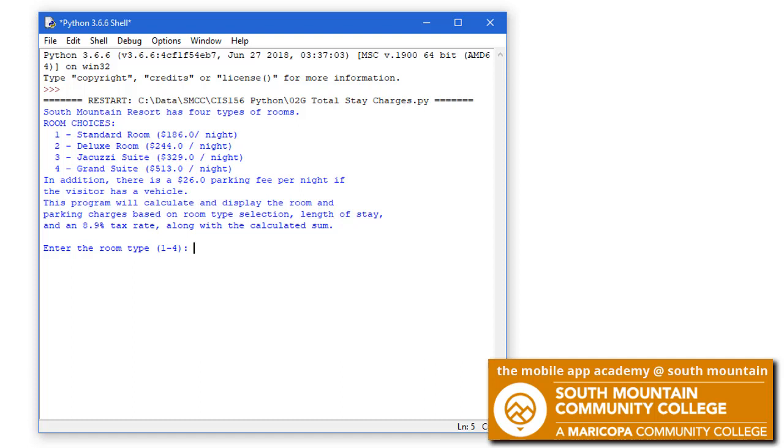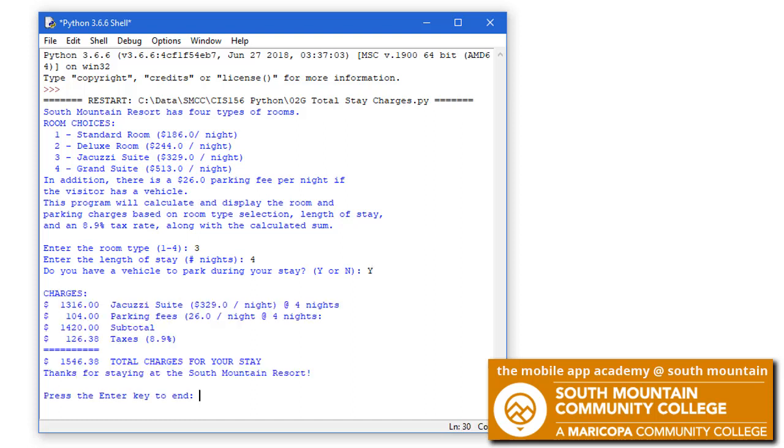We ask them then to enter the room type, and I'm going to choose 3, the jacuzzi suite. Press the enter key, and now I'm asked to enter the length of the stay. So we'll say 4 nights. Do I have a vehicle? Yes. Press the enter key,